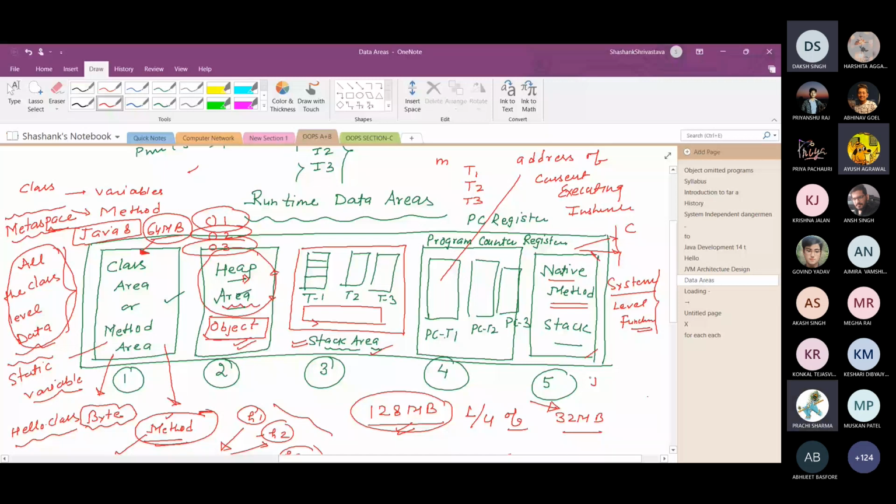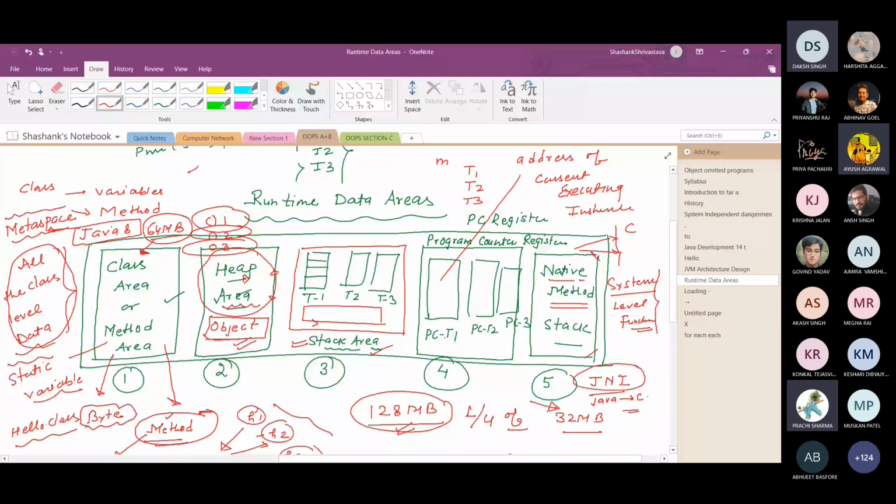So here basically native methods are stored in native method stack. तो यहाँ पर C और सिस्टम या ऑपरेटिंग सिस्टम पे जो भी फंक्शंस होंगे वो स्टोर होंगे. तो नेटिव मेथड फंक्शंस means C function or system level functions are stored in native method stacks, and with the help of Java native interface, these all function can be executed.